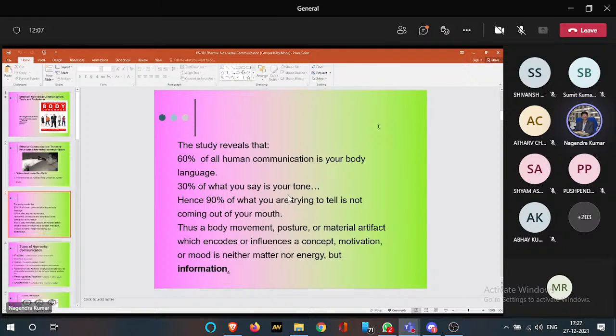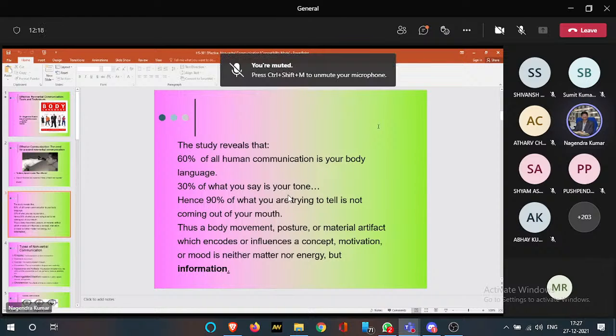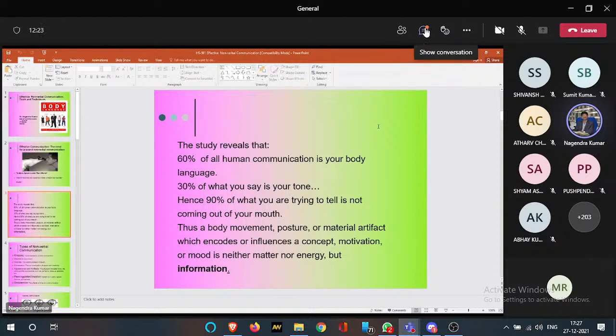So as a result, any body movement, posture or material artifact which encodes or influences the concept, motivation or mood is neither matter nor energy but information. So simply put,